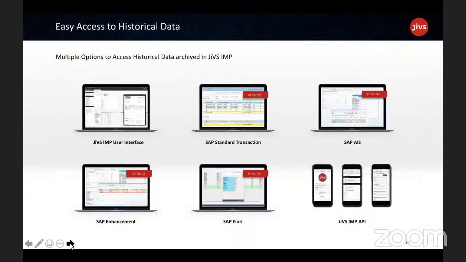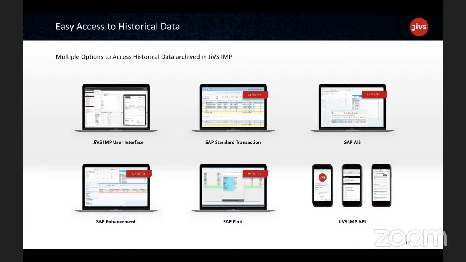Accessing historical data after that. If you have different legacy systems that you retired, you will always have the same interface to access that historical data. We believe that is key. The interface can be customized and give it the look and feel of certain applications. But what we generally see, customers that retire a lot of different applications, they like the fact that the user interface always looks the same, and an end user training, in our case, usually doesn't take more than 2 hours to use JiVS IMP and to access